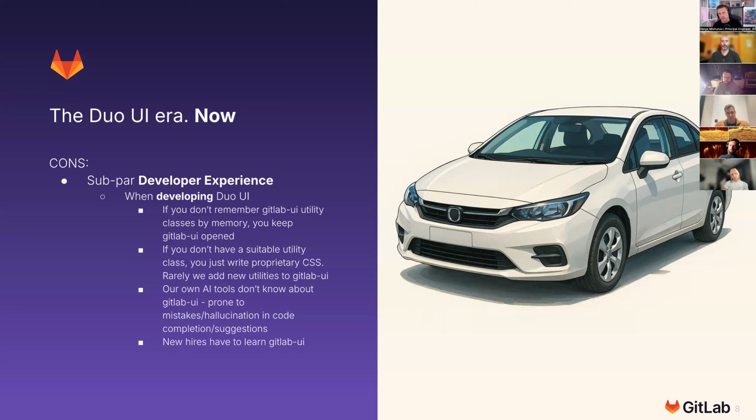Then, a very important thing, and this is something that we surprisingly overlook in the AI stage: our own AI tools don't know about GitLab UI. This means when you write utility classes, our code suggestions and code completions are prone to mistakes and hallucination, because AI tools don't know much about GitLab UI. And when new hires come, they have to learn GitLab UI and its utility classes. Not a big deal by any means, but still something to keep in mind, because this is not the typical